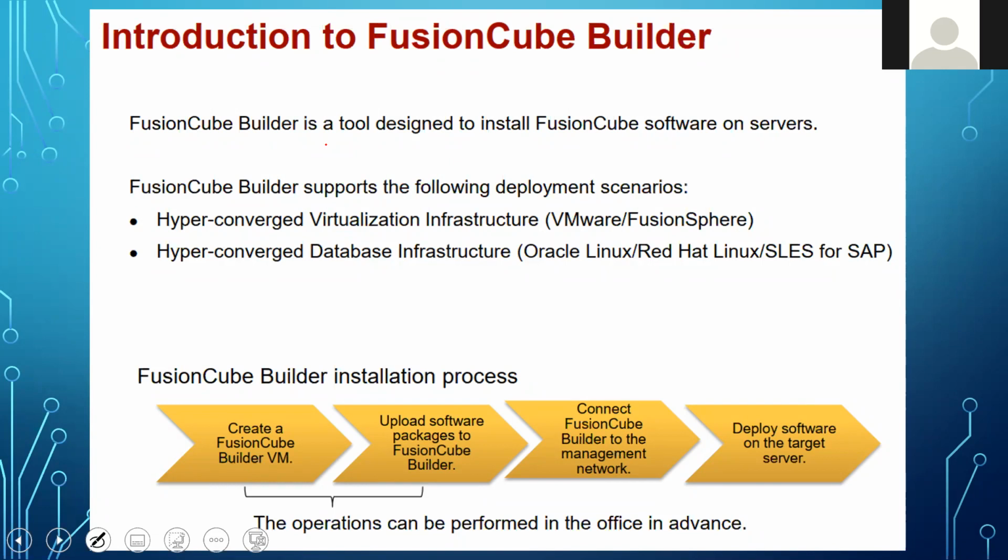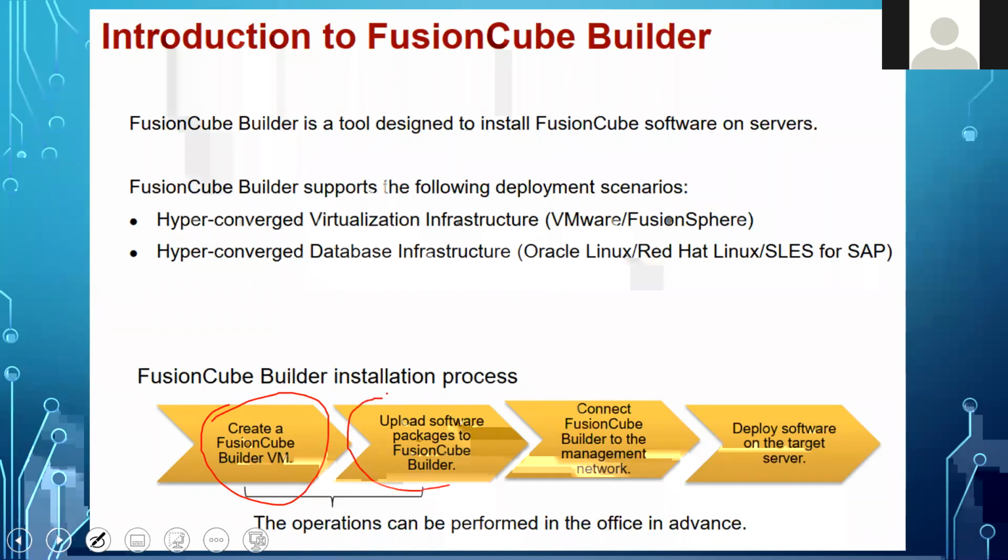If you want to install it by yourself, you need FusionCube Builder. You can download FusionCube Builder as a VM. It is available on the Huawei website. Then there are some packages, like Fusion Storage, CNA, and all the other software, which should be uploaded to this FusionCube Builder VM. And then the FusionCube Builder VM should be connected to the management network,